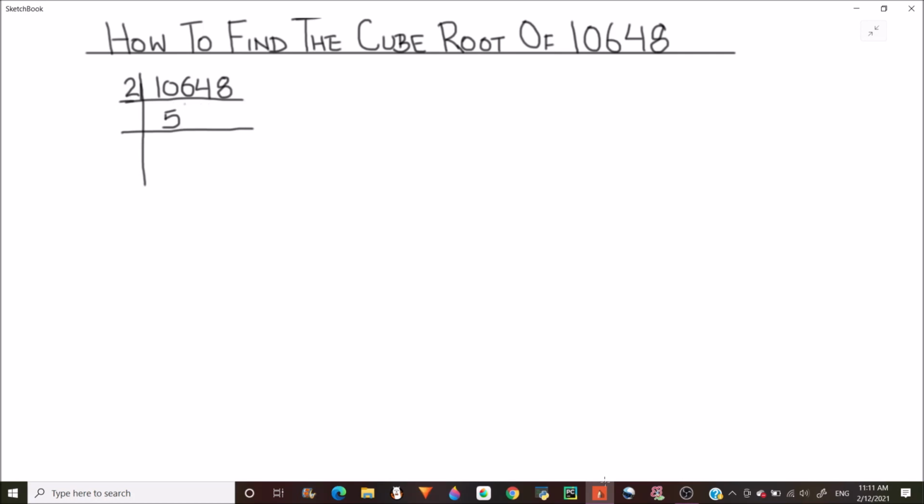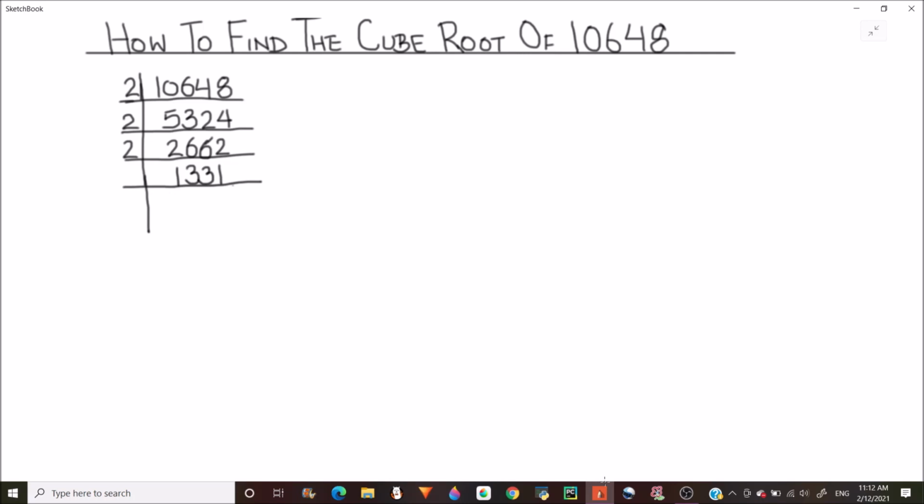So 2 times 5 is 10, 2 times 3 is 6, 2 times 2 is 4 and 2 times 4 is 8. Again we are going to use 2. So 2 times 2 is 4, 1 is carried over here, so this becomes 13. So 2 times 6 is 12. And then this 1 is carried over here, so this is 12 now. So 2 times 6 again, and then 2 times 2. Now 2 times 1, 2 times 3, 2 times 3 and 2 times 1.